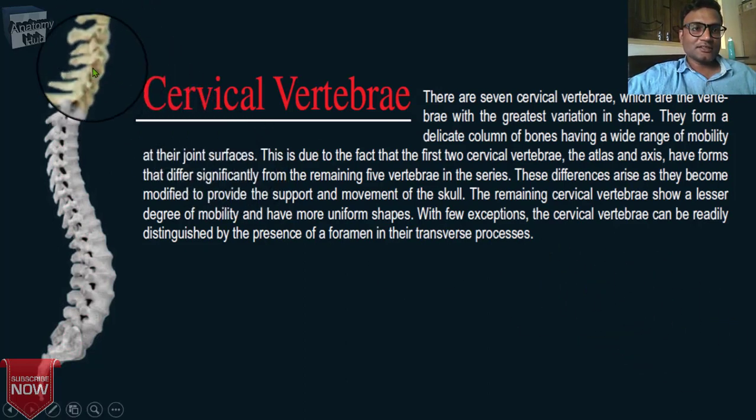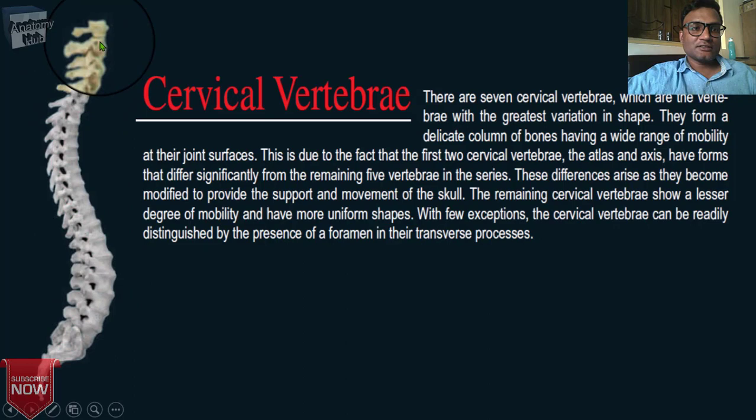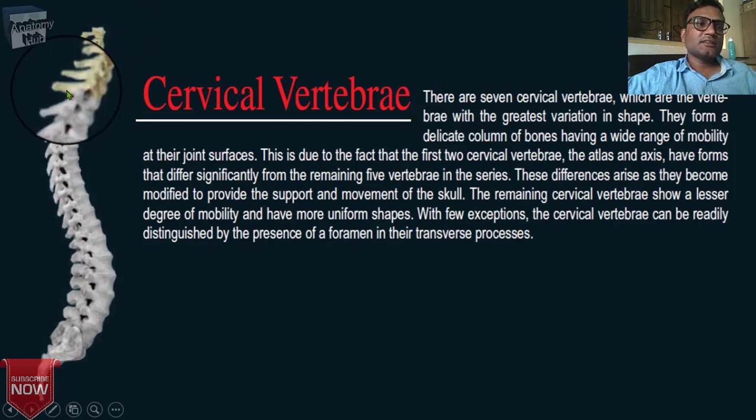This cervical region that you can see here is part of the total spine. You can see the shape and curvature of the spine. As you know, there are seven cervical vertebrae. Among them, the first, the atlas, the axis, and the seventh one are not identical in nature. That's why they are atypical cervical vertebrae.